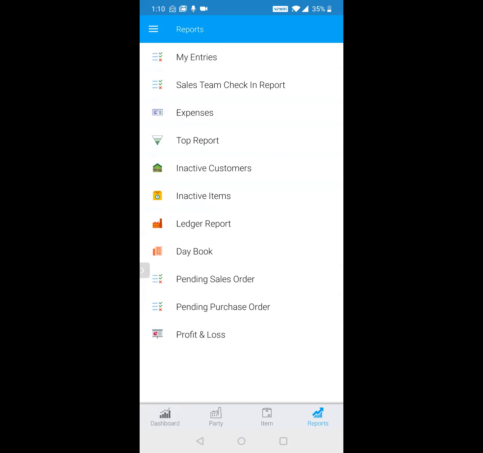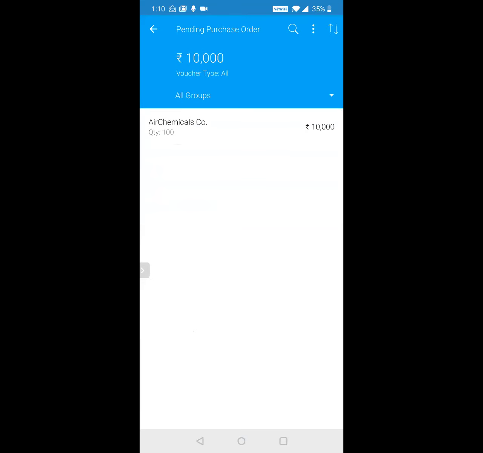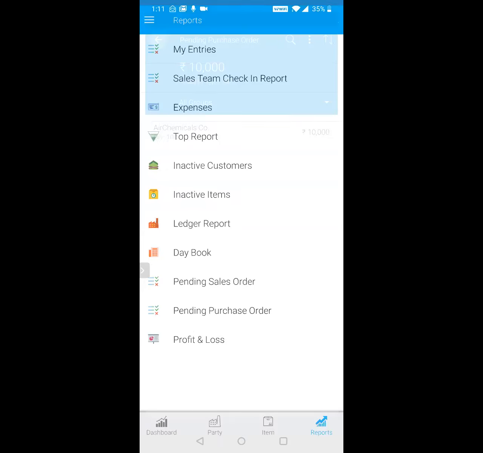What are all your pending orders? You can view that. So it's already live in iPhone for the new report called pending sales order by item, sales and purchase order by item. So far you were only seeing it by customer. Now the pending sales order by items is also live in iPhone. In Android, it is live for 20% of the customers. Rest of the customers will get it by the weekend. Okay, so that's another feature addition that we have done.